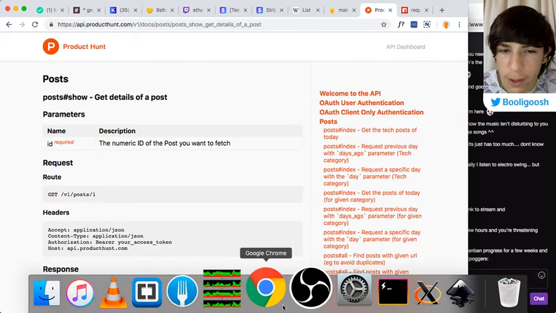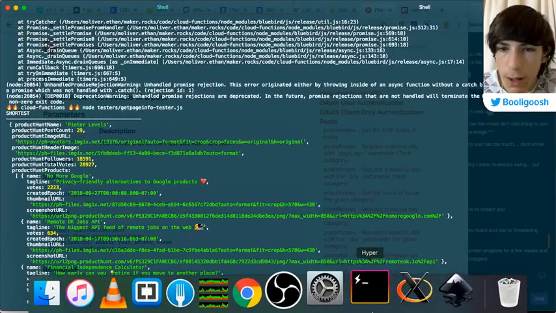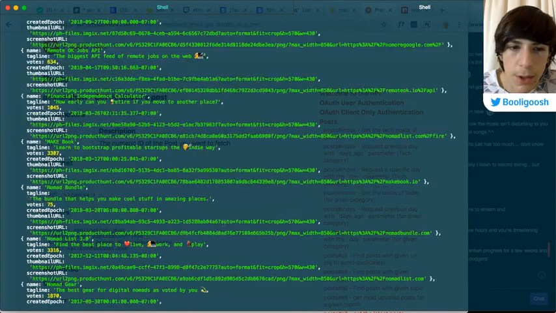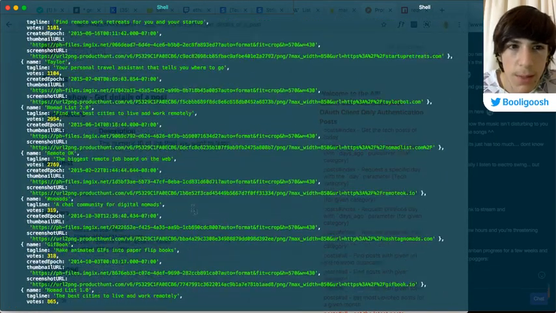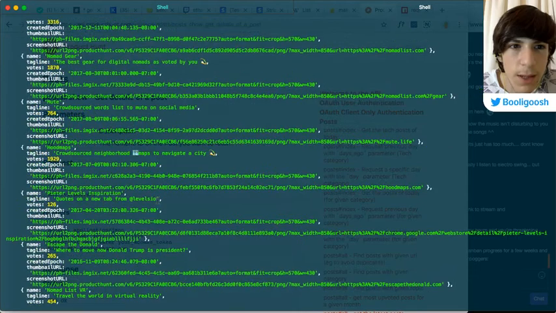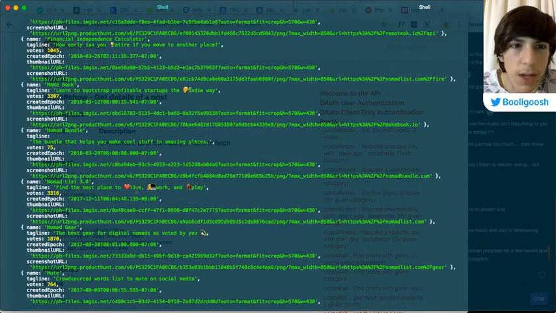So what I was working on before I just received that email was I was working on some of these stats. I'm using Peter Levels as an example because he's launched a ton of stuff.